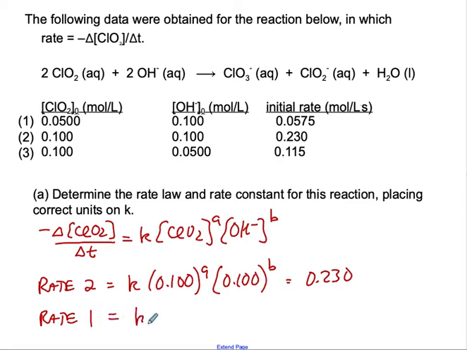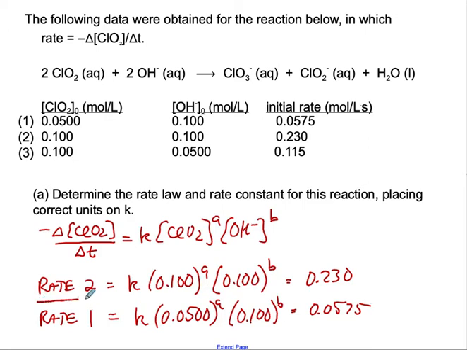And that's equal to K times the initial concentration of ClO2 in experiment number 1 to the A power times the initial concentration of hydroxide in experiment number 1 to the B power, and that's equal to 0.0575. Now, do you know what I'm going to do with these two equations? I'm going to divide them by each